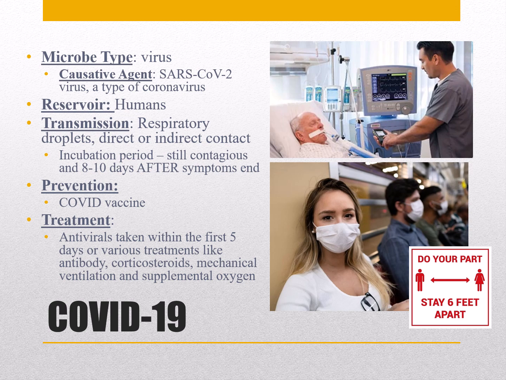We are now seeing different strains of COVID. So what may happen during flu season is it will also be COVID season. And what you may have to get is some type of booster to prevent you from getting COVID during flu season. Treatment is antivirals,